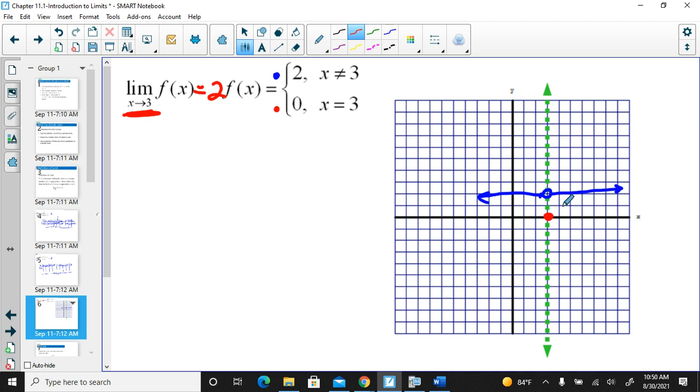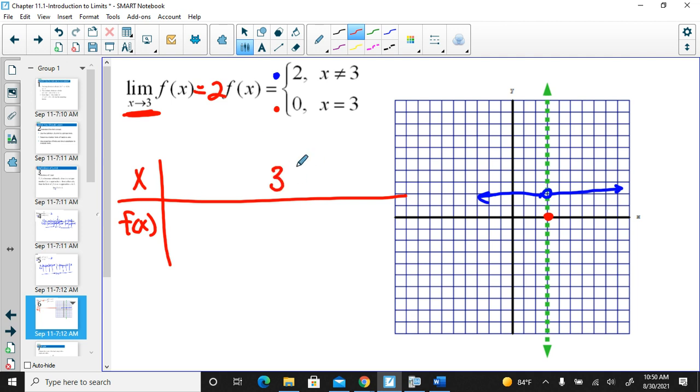Now it says to also do it using a table. A table isn't very fun at all in this case, but we'll look at it just for fun. So if I'm approaching 3, this is where the table usually messes people up, because we know when x is 3, y is actually 0. But we just have to remember we're never actually getting there. So maybe I do 2, 2.5, 2.9,